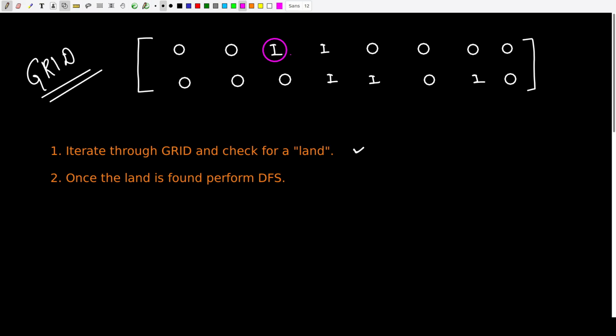Once we have encountered a land, we are going to perform DFS from this land. Assuming that this is the source, we are going to perform DFS from here. Essentially, we are checking its neighbors, and as mentioned in the question, we need to check in all 8 directions. So we need to check up, we need to check down. Similarly, we have to check left and right,